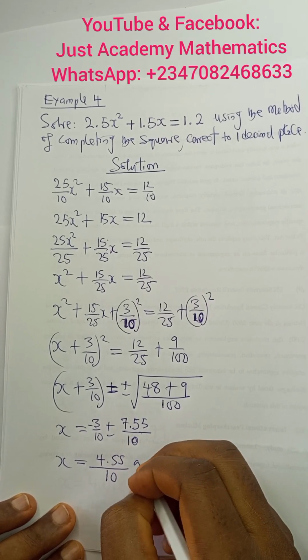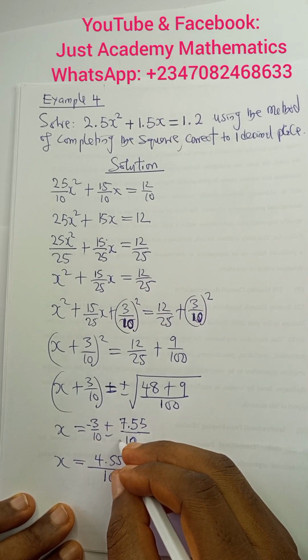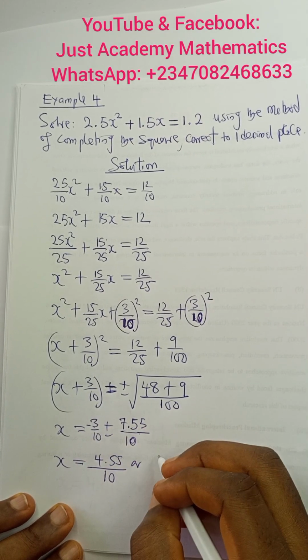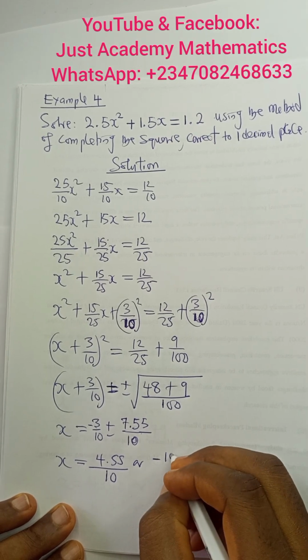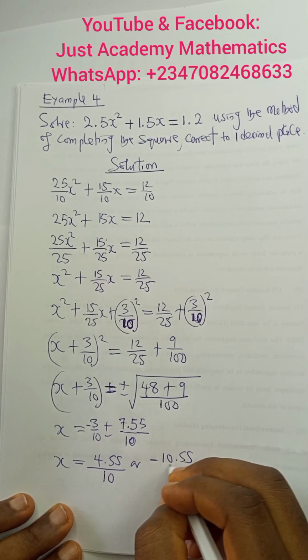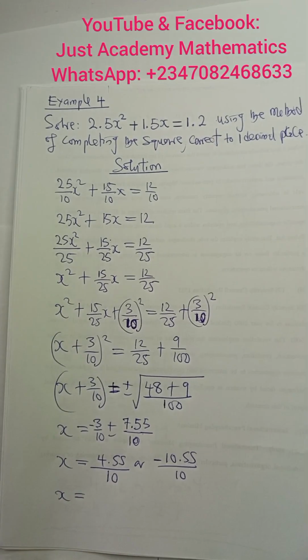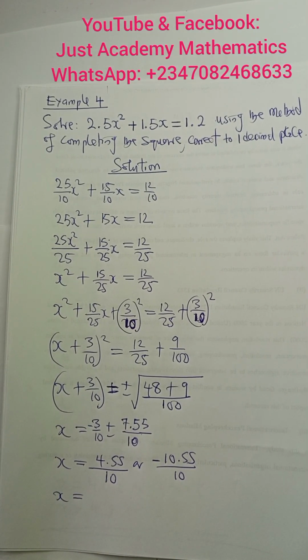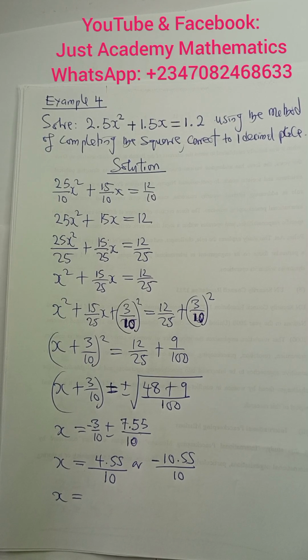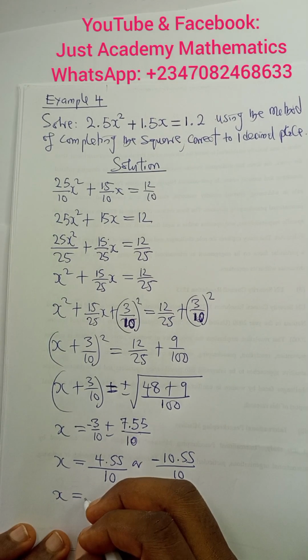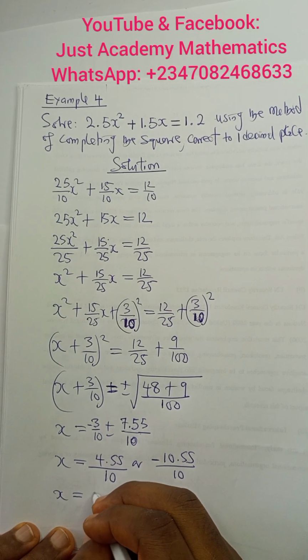4.55. Or minus 10 minus 3 minus 7 is minus 10.55 over what? 10. So the answer here is 4.55 divided by 10, of course, will give us 0.455. So to how many decimal places? 1 decimal place, that is